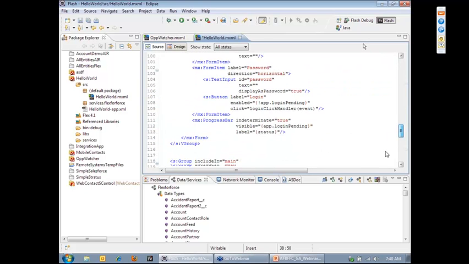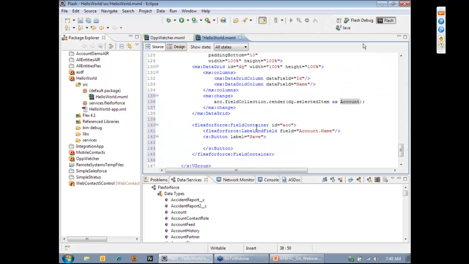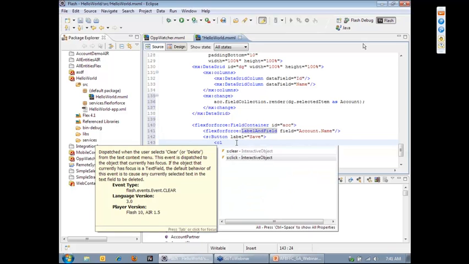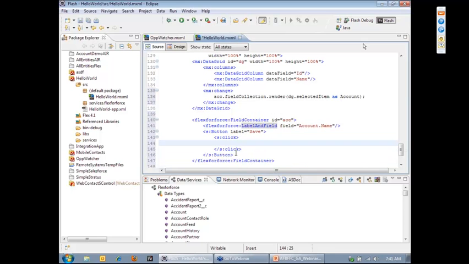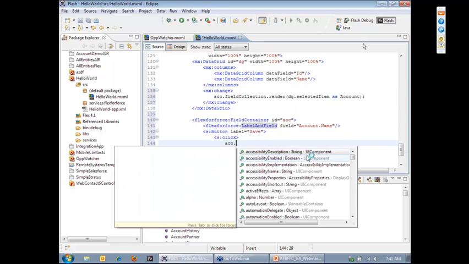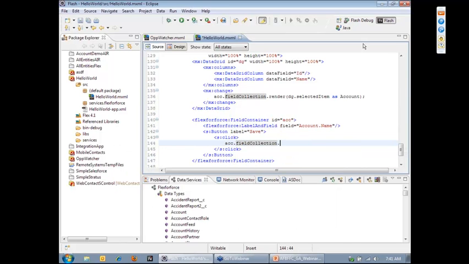So I'm telling it to render that object into this field container, and in my field container, I have the label and field object that will allow me to edit the account name. The last thing to do is, when the user clicks this save button, we want to push this change to our local database and up to Salesforce.com. So I'm going to add a click event handler to my save button, and when the user clicks this button, let's call the ACC dot field collection dot update object,